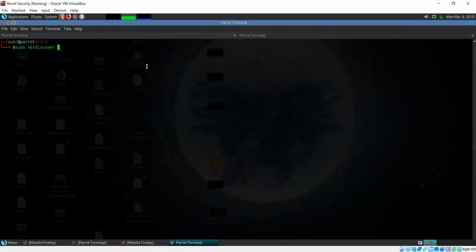I need to specify that with -i eth0. -i is for specifying the interface, and eth0 is the interface which we need to consider. I can also specify the address range which I need this tool to consider. Otherwise, it's going to start scanning all IP address ranges, and that is going to take a very long time.